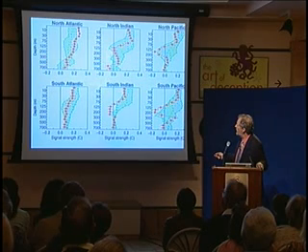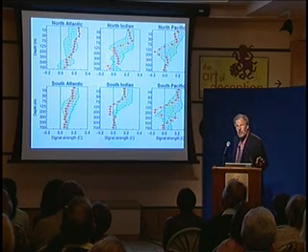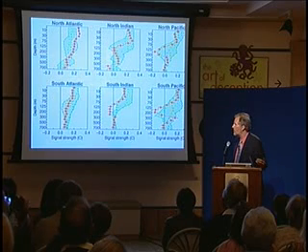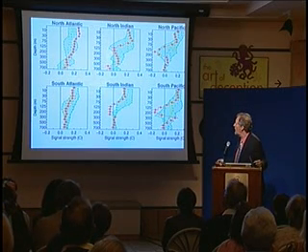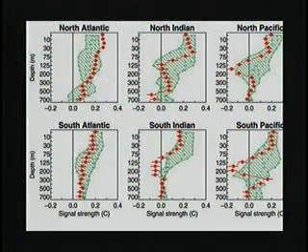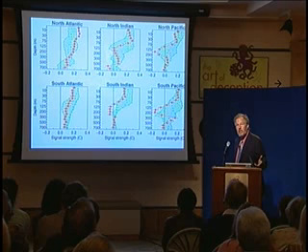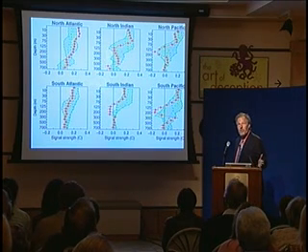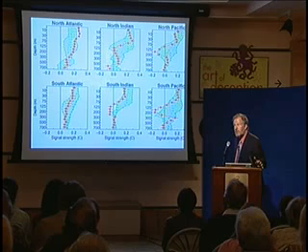The green lines here were predictions from an ensemble of computer model runs showing what kind of warming we could expect, and the red lines are observations for each of the oceans. So with almost no exceptions, we see that although the patterns are very different in the different basins, we are seeing a congruence, a coherence, a resemblance between the observed in the red and the predicted in the green band. This is much too complicated to be fortuitous, and it couldn't have been tuned in by modelers trying to cheat, because in fact most of these observational data weren't made when the models were constructed.